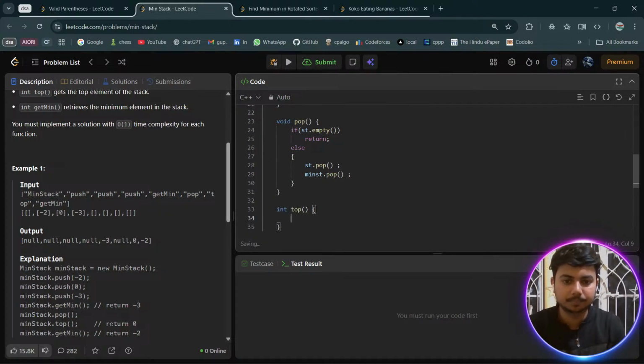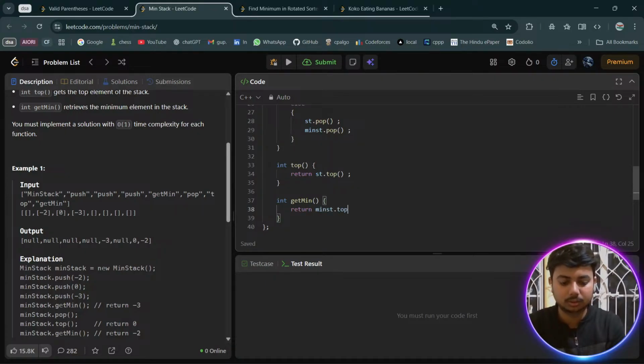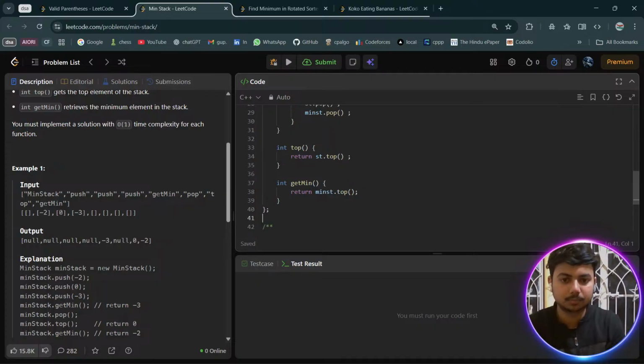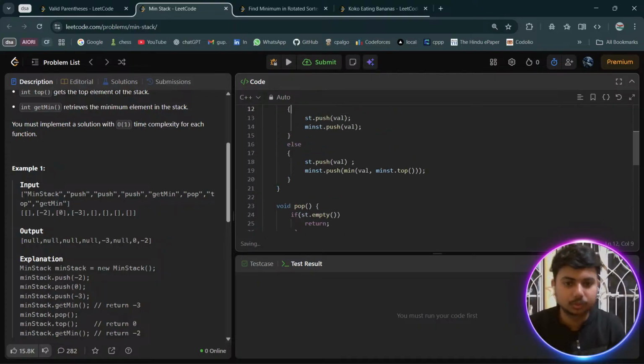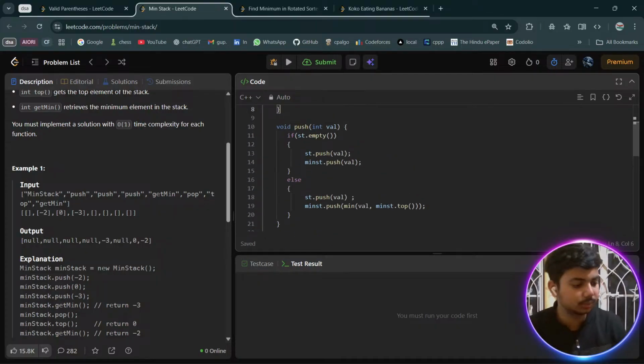This is quite simple. This just returns st.top. What does getMin do? It will return min st. अब नीचे जो भी करे हमें तो इससे मतलब है, और यहाँ से हो जाना चाहिए।